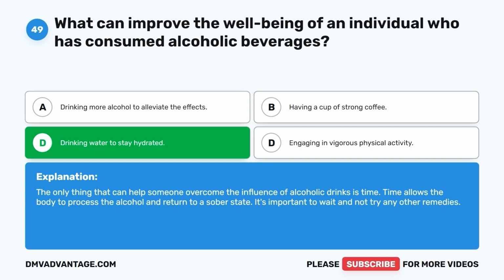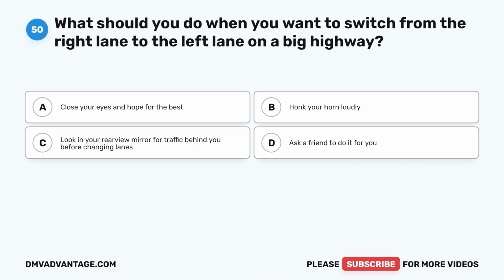The only thing that can help someone overcome the influence of alcoholic drinks is time. Time allows the body to process the alcohol and return to a sober state. It's important to wait and not try any other remedies. Question 50. What should you do when you want to switch from the right lane to the left lane on